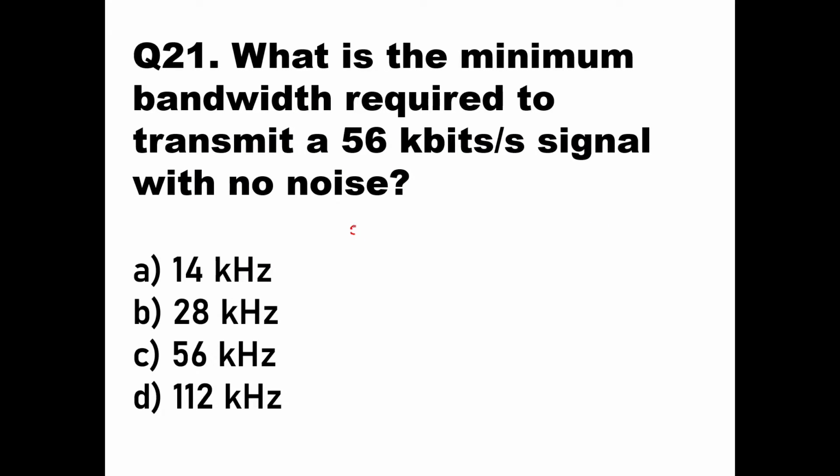The 21st question says: what is the minimum bandwidth required to transmit a 56 kilobit signal with no noise? For this question, the formula we can use is channel capacity equals twice the bandwidth. If you ask for bandwidth, bandwidth will be equal to the channel capacity, or signal, divided by 2. Here the channel capacity or the signal is given as